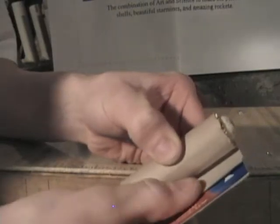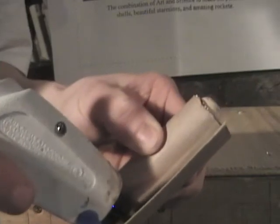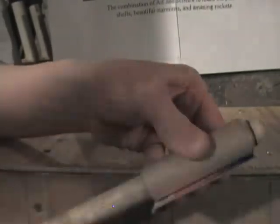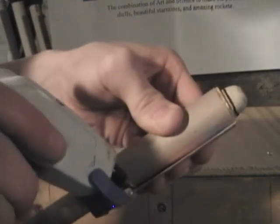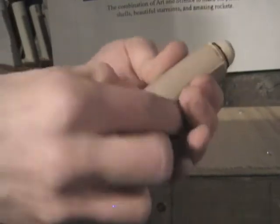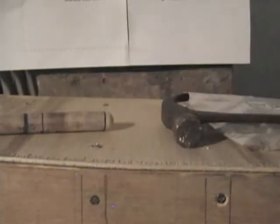I'm going to go ahead and hot glue these flaps down and do the underside one first. Put a good amount on there. It needs to be pretty tight. Clinch it back up again. Now, this flap needs to be hot glued down. Rolled up tight again. Okay, now that the tube is rolled,